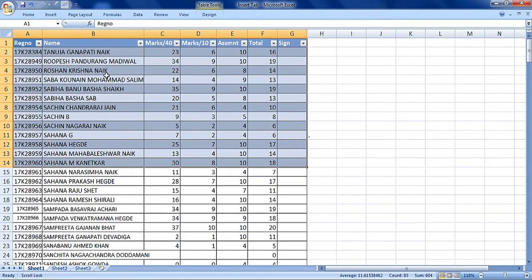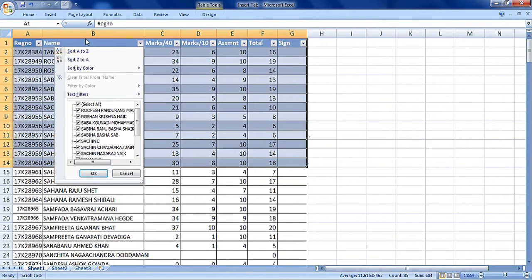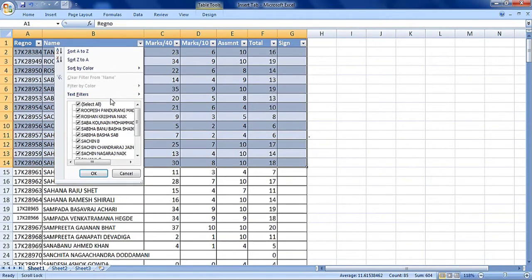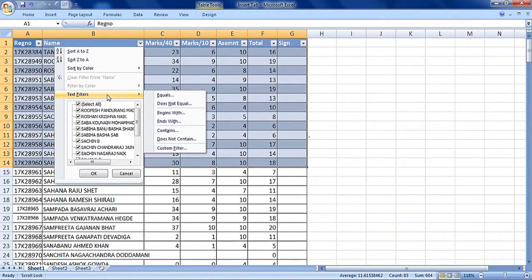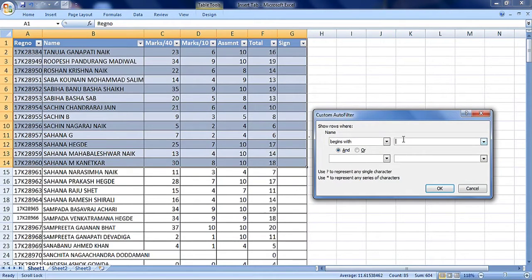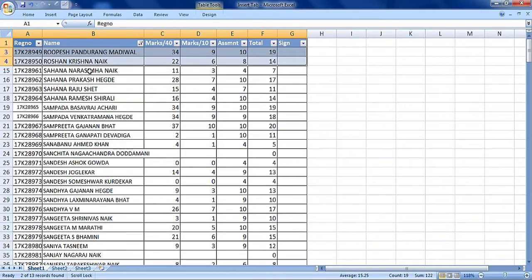You can also use text filters. For example, here in name, Text Filters, I will display those student records whose name begins with R. For that, Begins With, then R, OK.